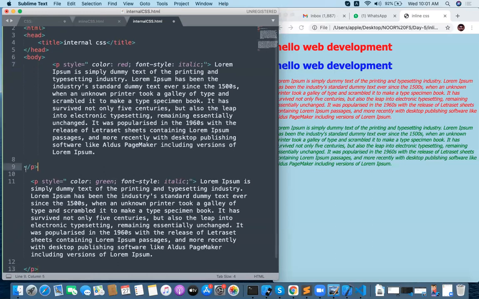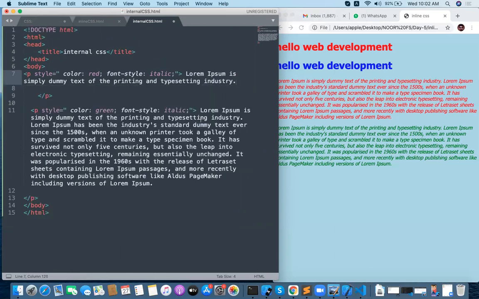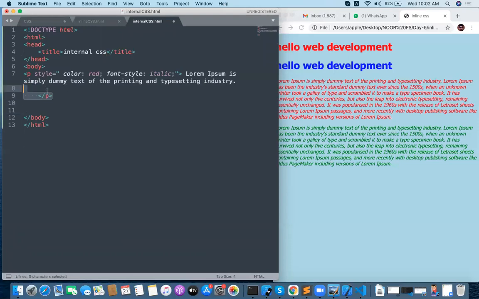I'm not writing any style for the inline, so let me delete the inline style for these paragraphs. I'm not writing inline CSS right now. I have two paragraphs now.